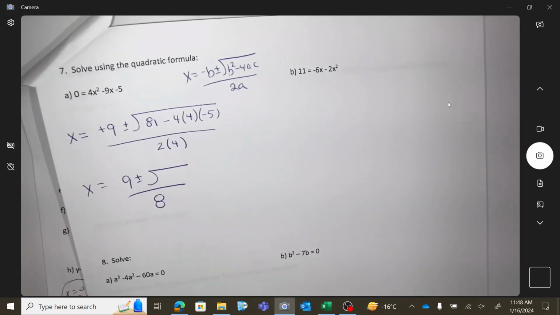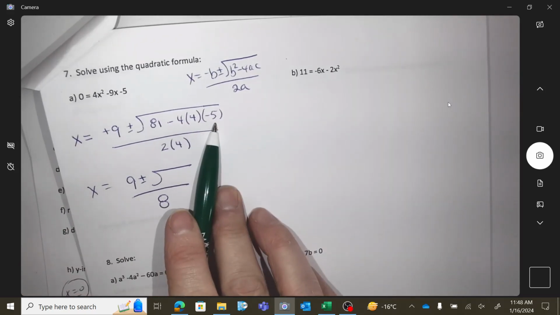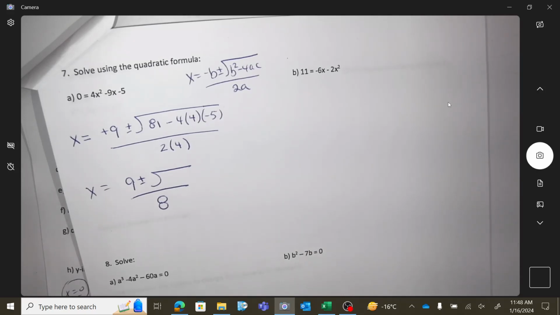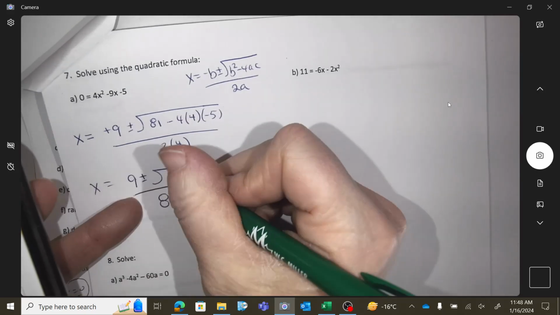Okay, next I go, what is just this discriminant part? So the radical